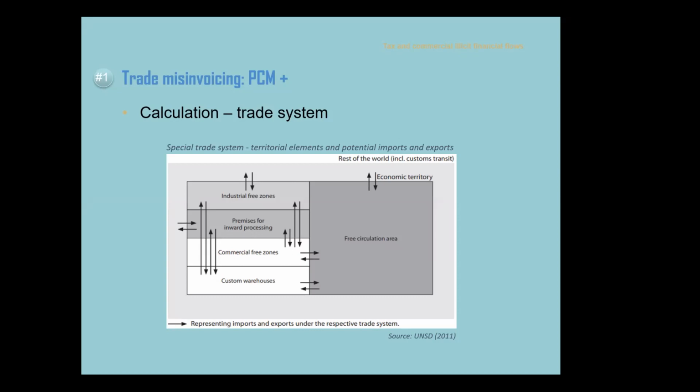Now, if another country is exporting to our country and those exports go to the commercial free zone, they would be assigning this to their exports to our country, whereas we would be assigning this not as imports to our country, but as imports to the commercial free zone. Only when these goods enter would be